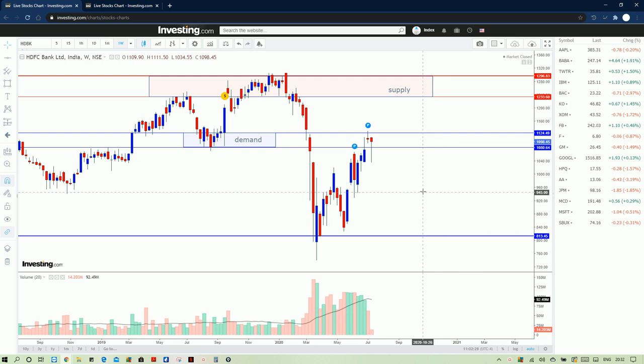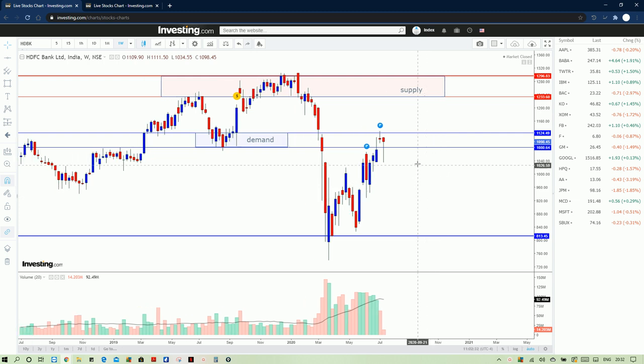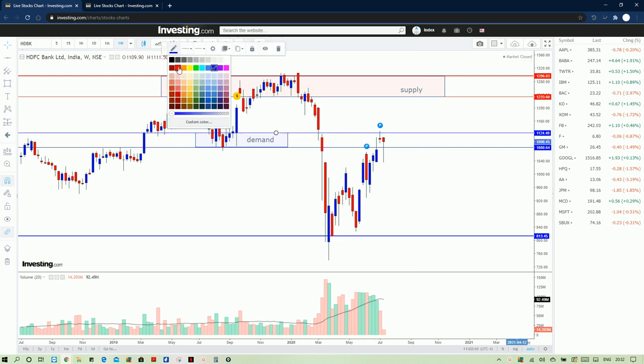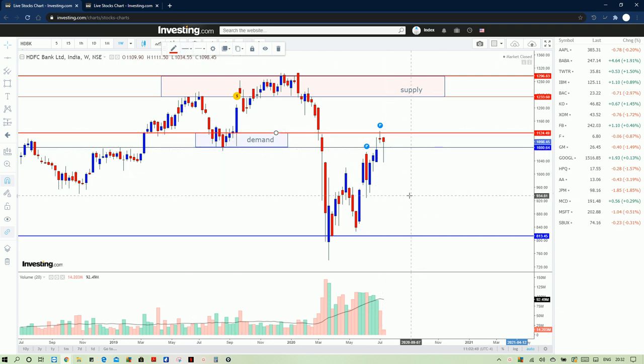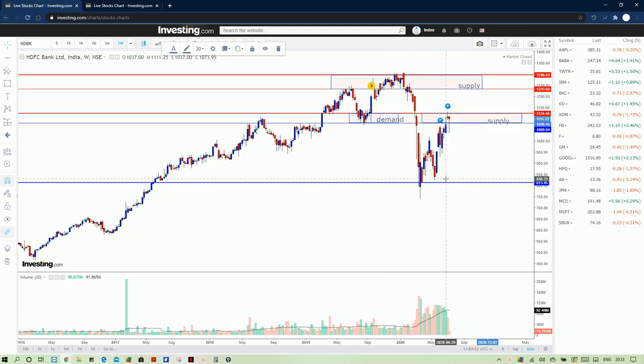See, every time there will be a price flip happening. The price flip is nothing but the support point turning into a resistance. So this point is now acting as a strong resistance. So now we will put it in a color, that is the resistance point. So there now we identify the resistance point. There is no closing above this point, so that is why it will be called a supply zone, the earlier support line.